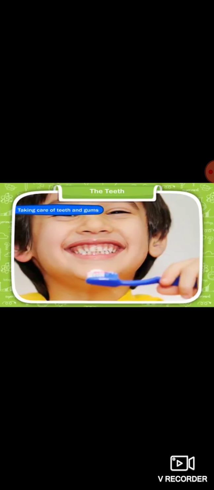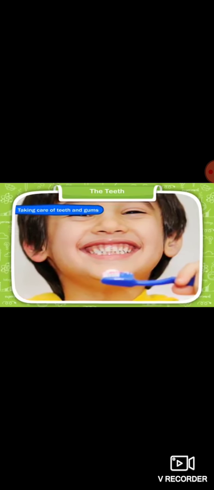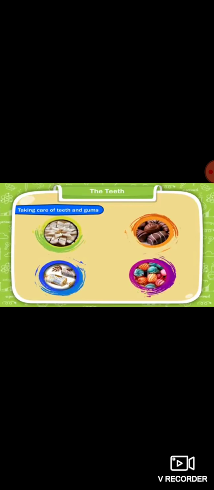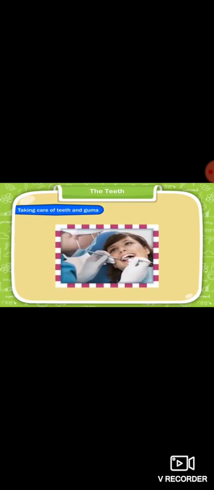Now how to take care of our teeth and gums? We have to brush our teeth twice a day, you know now, twice a day. Second is, we have to clean both the inner and outer surface of teeth. And third is, avoid eating too many chocolates, sweet, sticky food. And if you drink or eat something like this, rinse your mouth immediately, okay. Then fourth one, we should eat green leafy vegetables more and more. Okay. Then we should visit a dentist every 6 months for regular checkup.